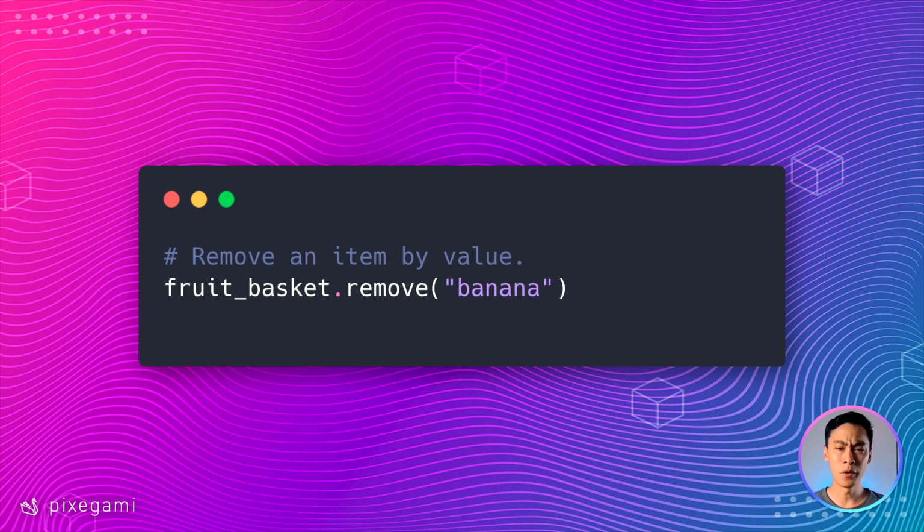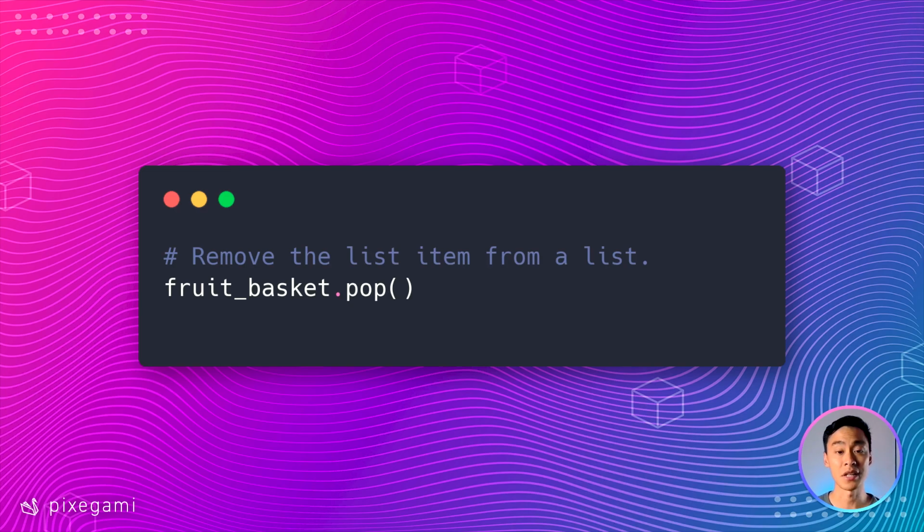But if you remove things from a list this way, it's not very efficient because it actually has to go through every item in that list to check if it exists. So if you have 1 million items in your list, that's quite a lot of extra work it's doing. Instead, the most efficient way to remove something from a list is to use this pop method instead. And this will simply remove the last item from the list. And that doesn't need to take a lot of time because we know that the last item is right at the end of the list and we can just remove it without having to scan through the list to find the item.